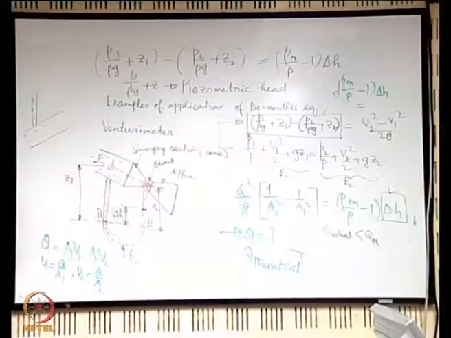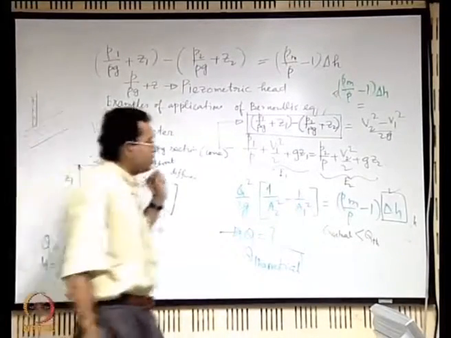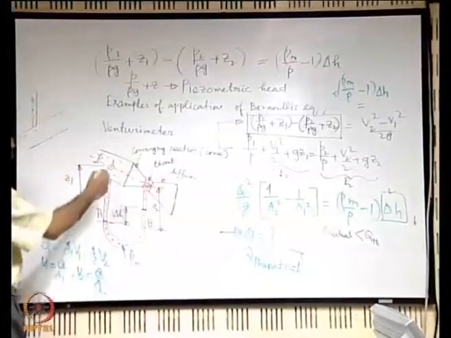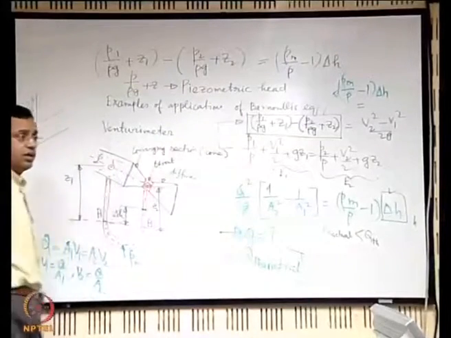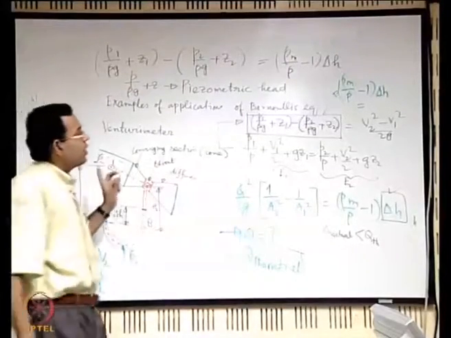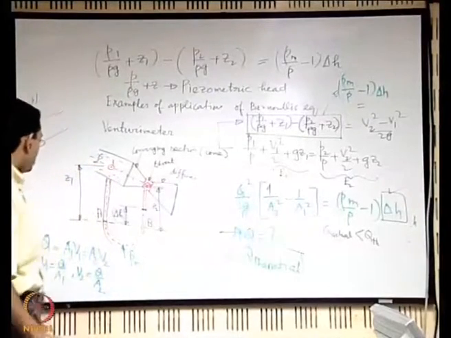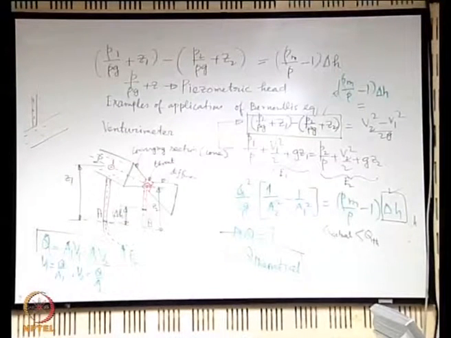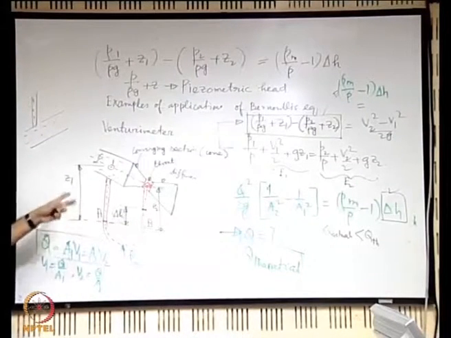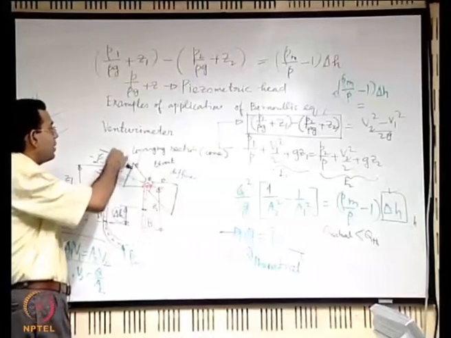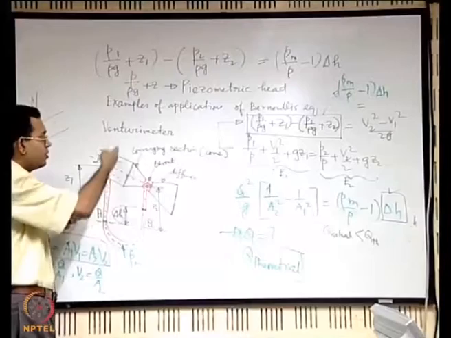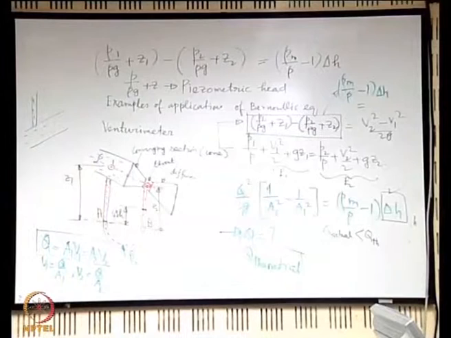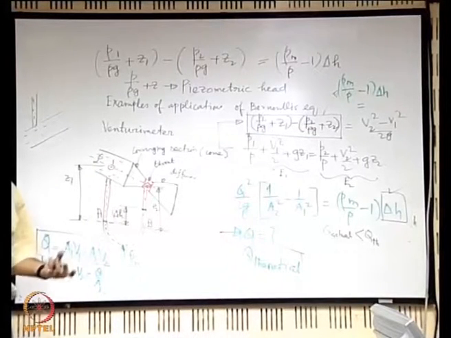But there are other important reasons also. What is the other important reason? See, when you have written V1 square by 2, actually we were bothered about the velocity at the point 1, but how did we evaluate the velocity at point 1? We evaluate by using this Q equal to A1 V1 equal to A2 V2. So, by that we implicitly presume that V1 and V2 are the same as the average velocities over the section, that is possible only when the velocity profiles are uniform over the sections 1 and 2, but because of the viscous effects we have seen that those are not uniform.